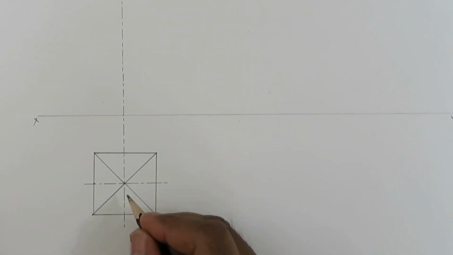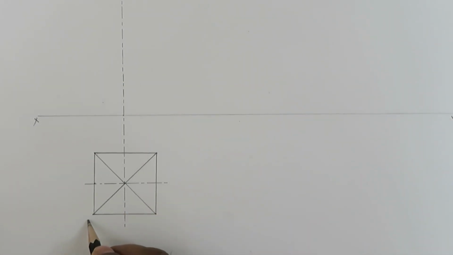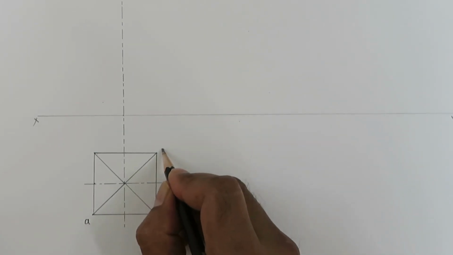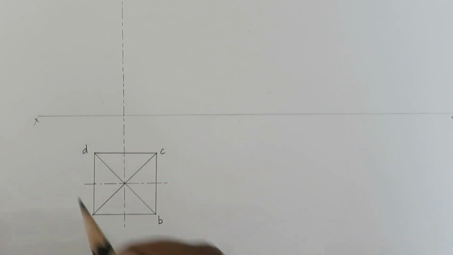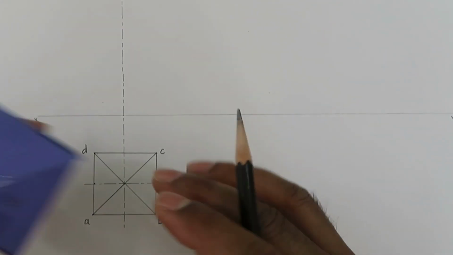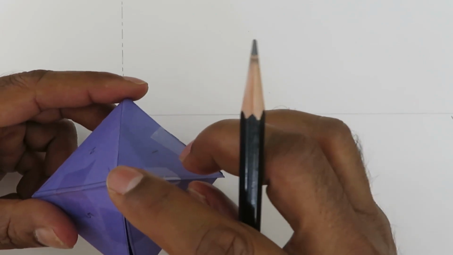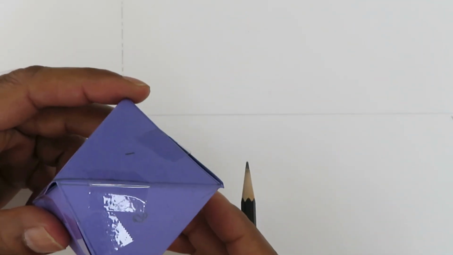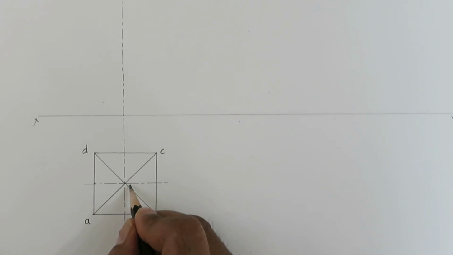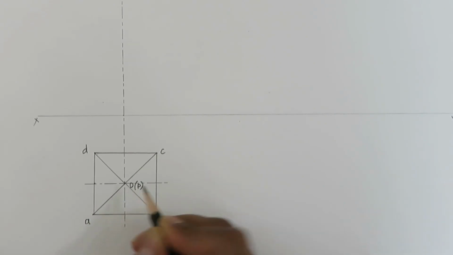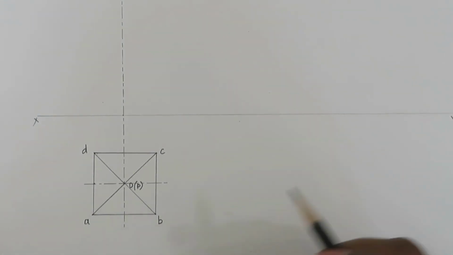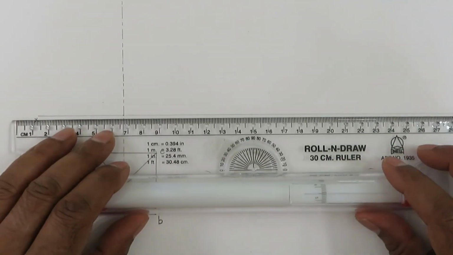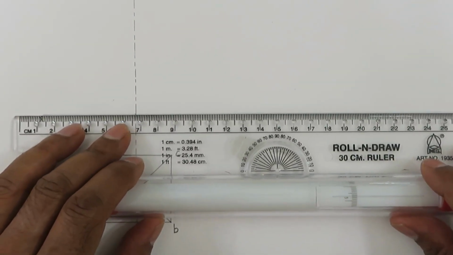So this is the top view, and here we will identify the vertices. So this we write as A, B, C, D, and we have 2 vertices. One is the top one, which we call O, and the bottom one is P. So we write O, and P we will write within bracket. We have used smaller letters because this is the top view. So now after this we will do the projection to get the front view.